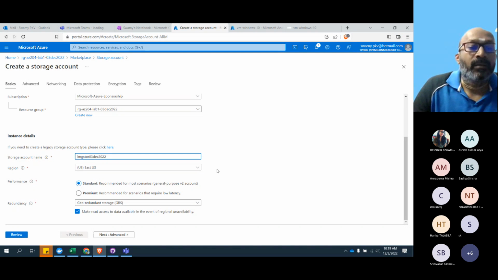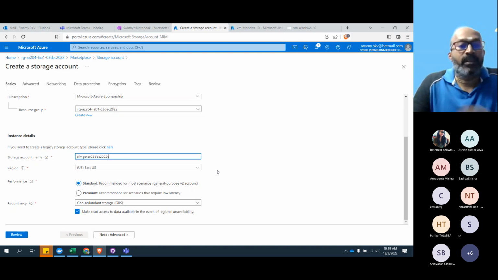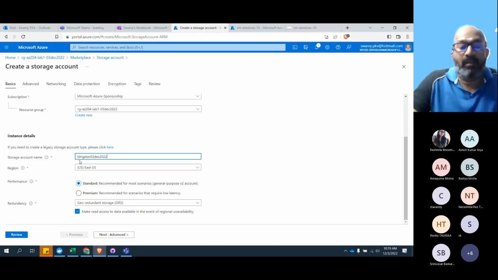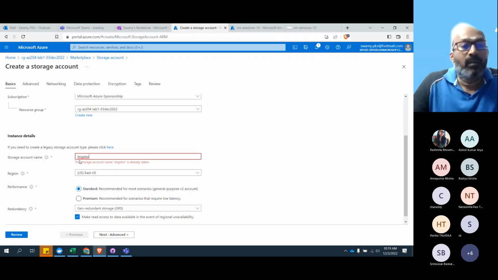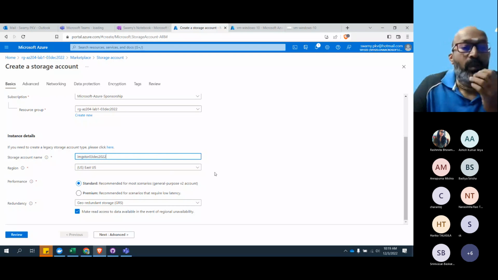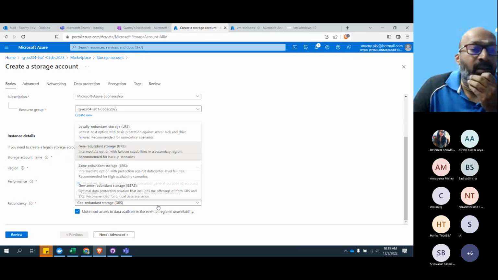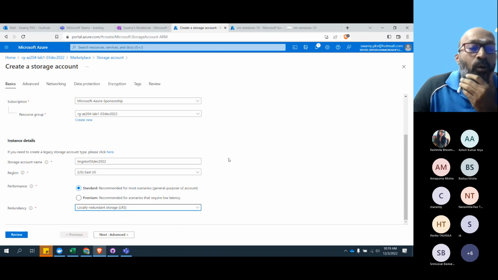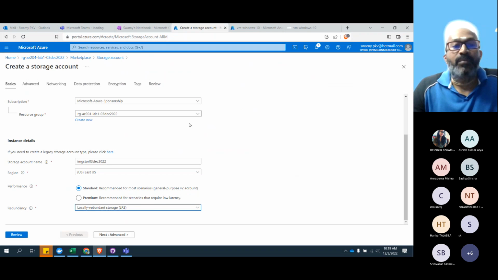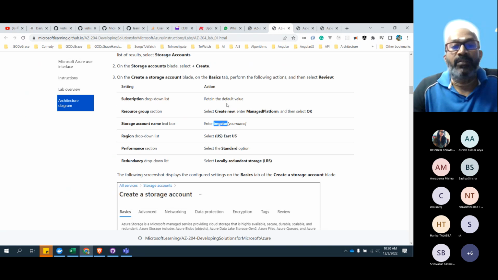Okay, they are saying that. So let's add image store 3rd December 2022. Cool. And standard, and the redundancy is local. Okay, let's check that.